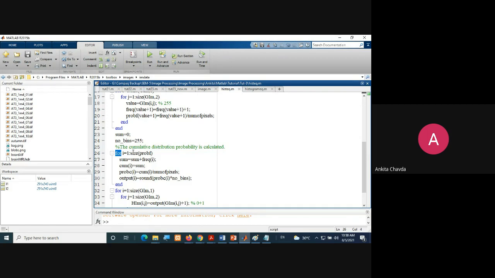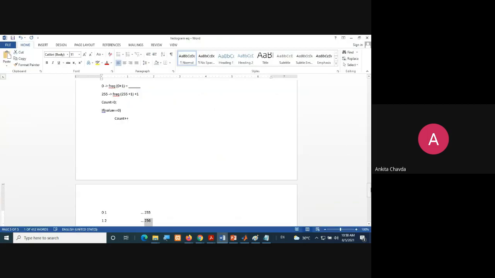So there is no need to take another for loop. I just want one for loop for the number of rows, meaning 1 to 256. So here we write i equals 1 to size of prob f, and what I need to do is the summation: sum equals sum plus frequency of i. So which step is that?